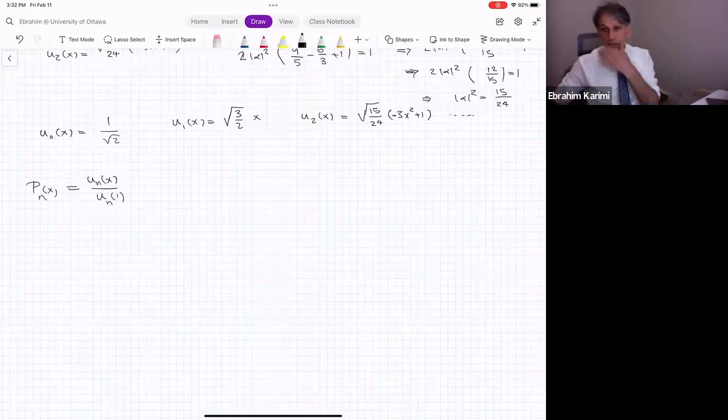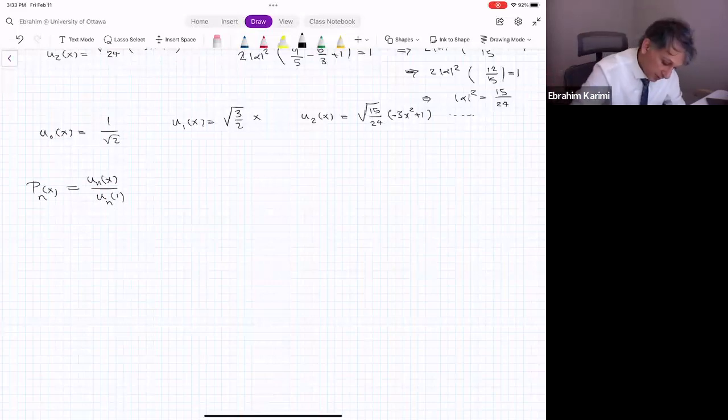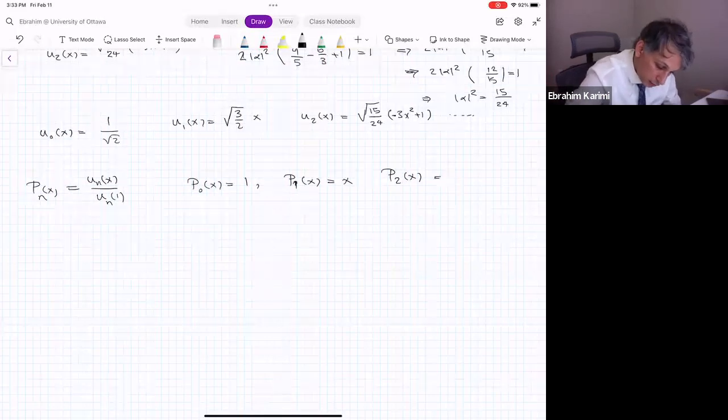And that is the definition that we use. We just multiply it by a constant. So for example, P0 will be 1, P1 of x will be x, P2 of x will be equal to,